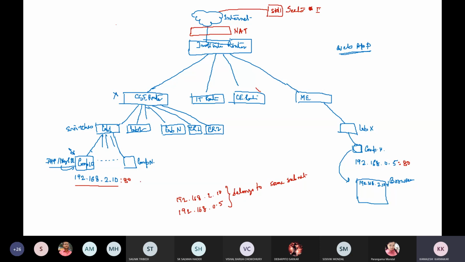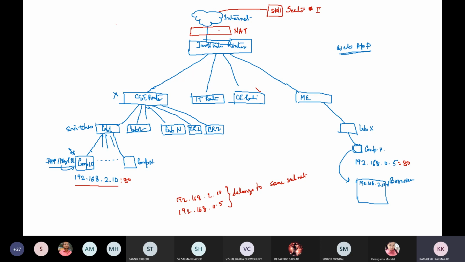Yes. If these two machines belong to the same subnetwork, they can communicate with each other. But if they belong to different subnetworks, then they can't talk to each other. So we must have one network address translator or some other device or software module installed in a machine by which it can communicate.